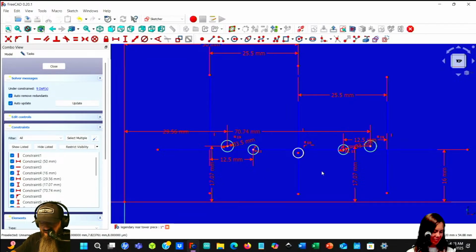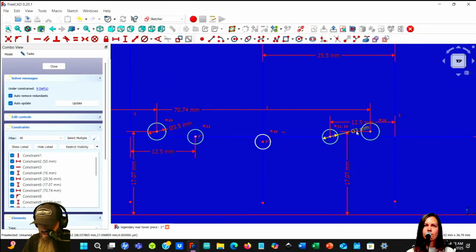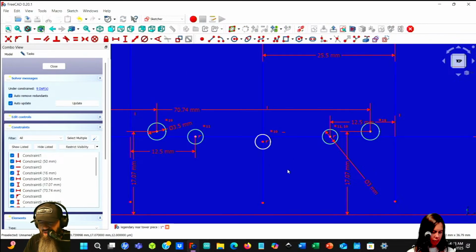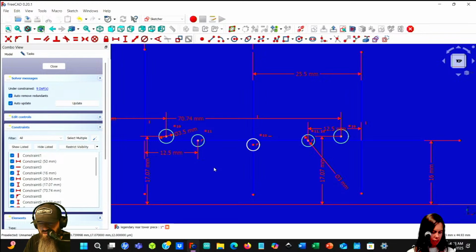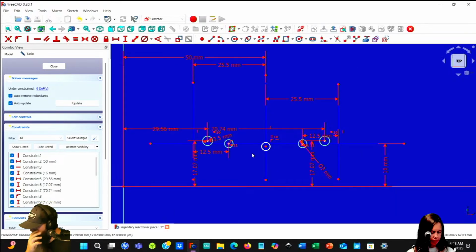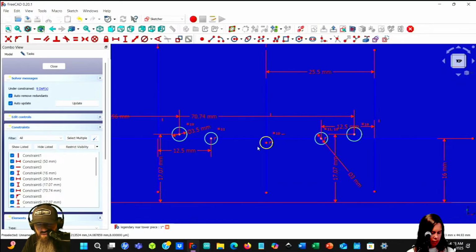Okay, so theoretically, this should be hopefully where our holes are. It looks like these two holes should be about 8 millimeters apart. This one and this one. Let me see if it will let me see that. Okay, so we're pretty close. It's about 8. I have 7.9 on my calipers, but it's really hard to measure the center of holes. So, I mean, I don't know if this is correct. I might have to do a test print to see, but it sort of looks right. And that's the thing about stuff like this, is you just never know.